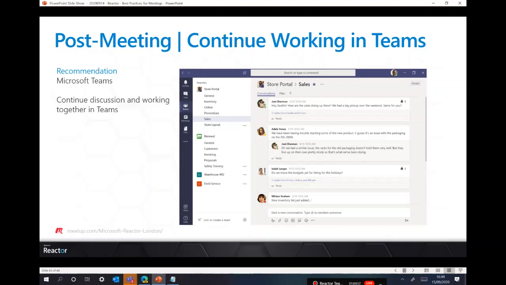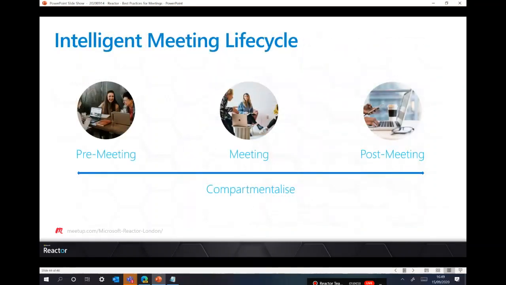work within Teams. So we've talked about the intelligent meeting lifecycle. We've really broken it down, and I know it's been quite a fire hose session in terms of the features and functionalities of Teams meetings. When I did this talk a few months ago, it was not even half the amount of features. It's come a long way in a really short time because of COVID, because Microsoft has responded to what people want to